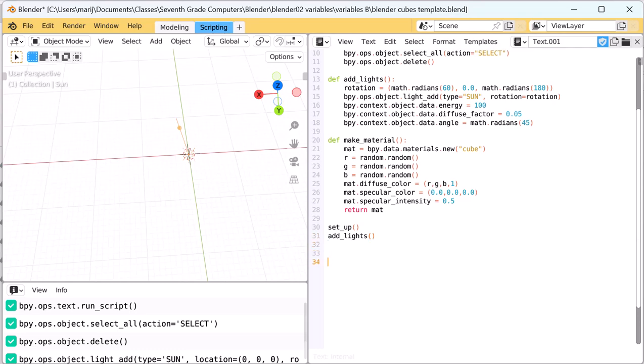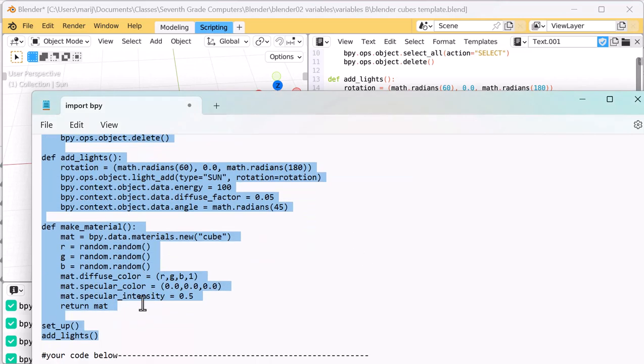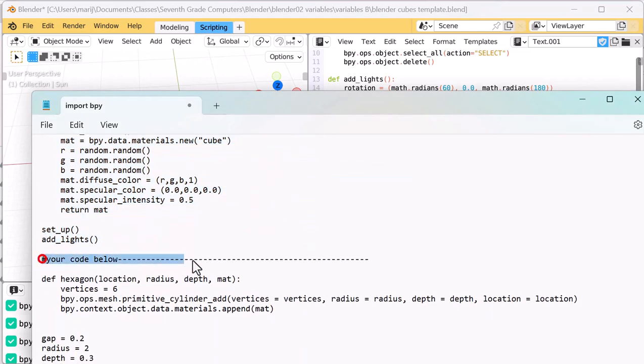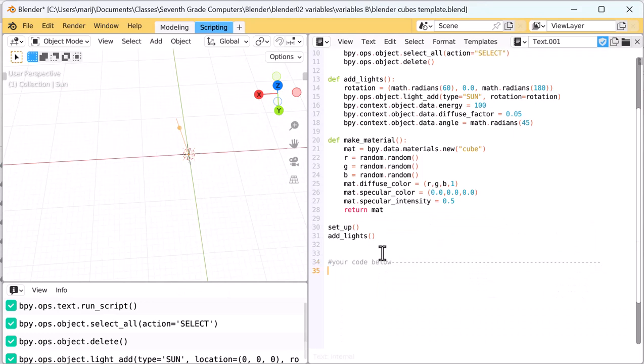So I think your code has to start over here. Let me go get this, right? So your code has to start here. So I'm just going to move this here. Okay. So what we're going to do is we're going to use in this one, besides variables, a function. So we're going to use a function and we're going to make the hexagon. So I'm going to say define function, hexagon,